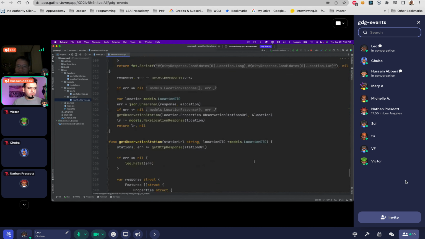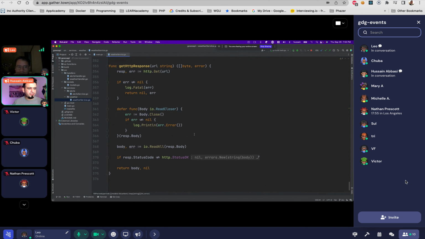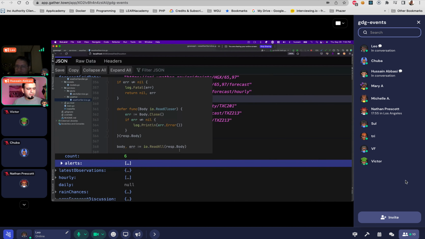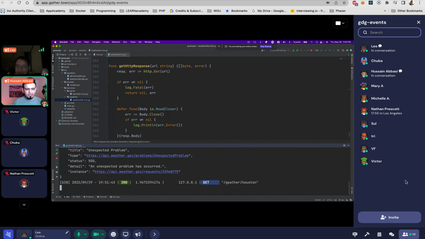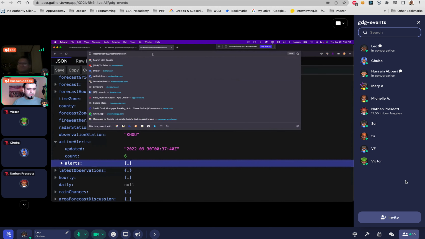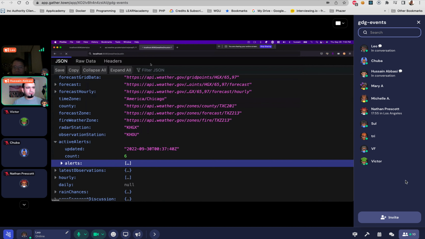So it's a lot of code. You don't need to worry about it a whole lot, but do go to GitHub and see it. And then when this code runs, you get this method. And if we go to, am I running it? Yes, I'm running it. If you go here, you will see that I called weather-Houston. We can also call any other city, and it does the same thing.